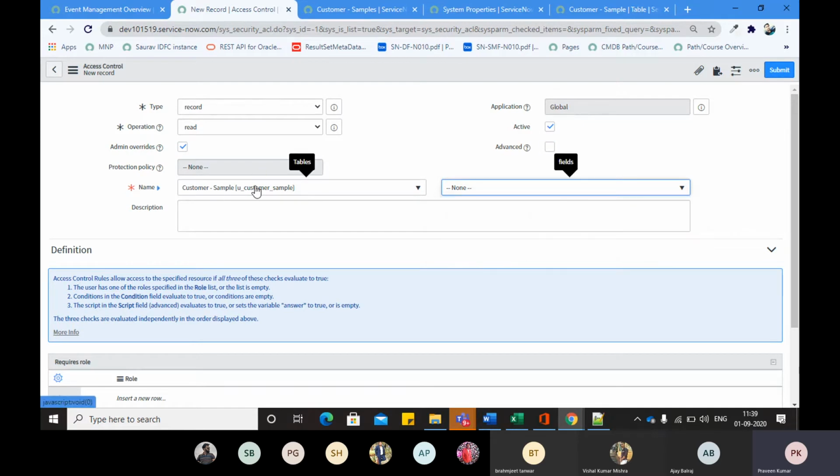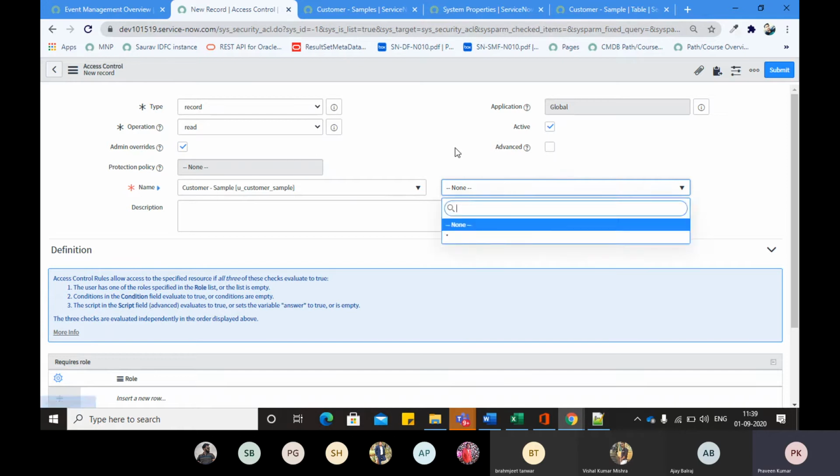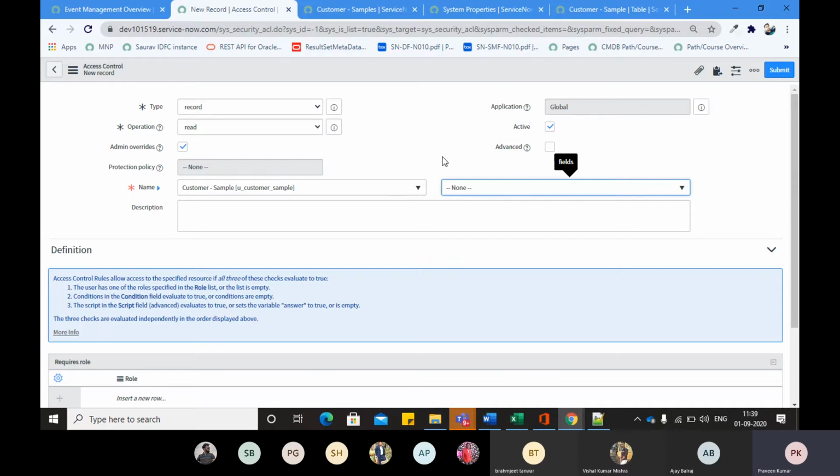Now there are two kinds of ACLs we create. One ACL is specific to the table. So I am selecting the name, but I am keeping this box empty, means I am keeping it none. So I am giving table-level access. Once I select the star, I am talking about field-level access.